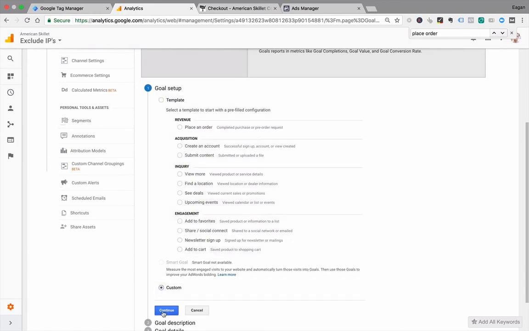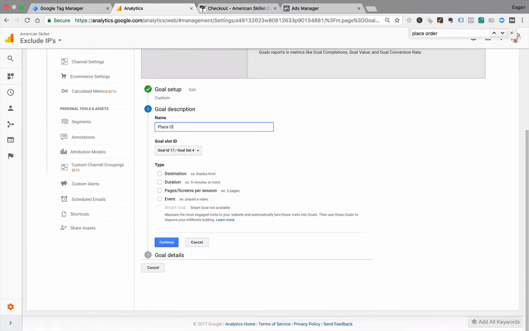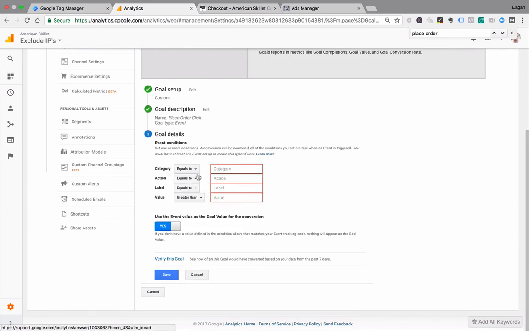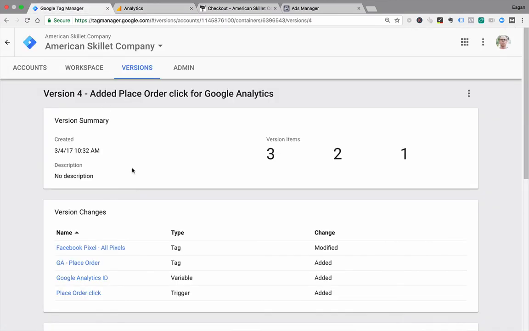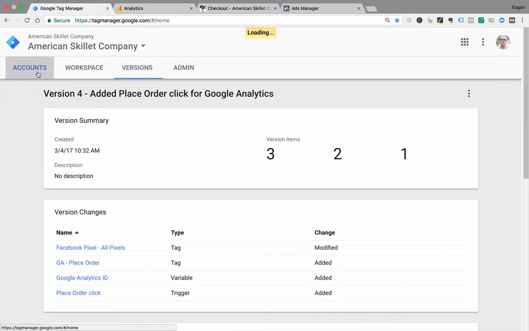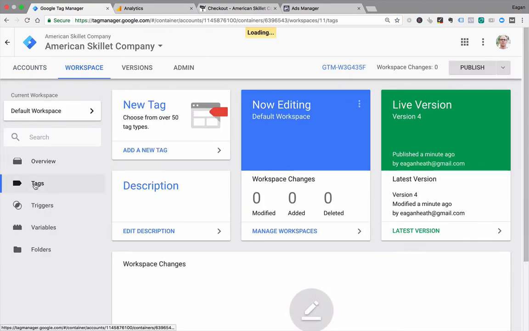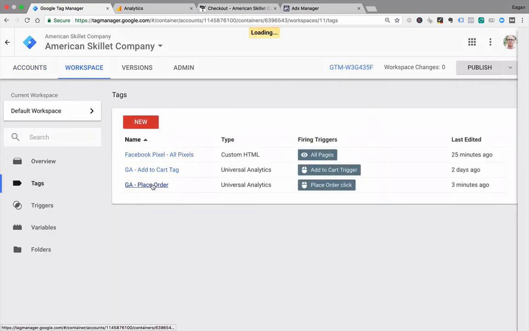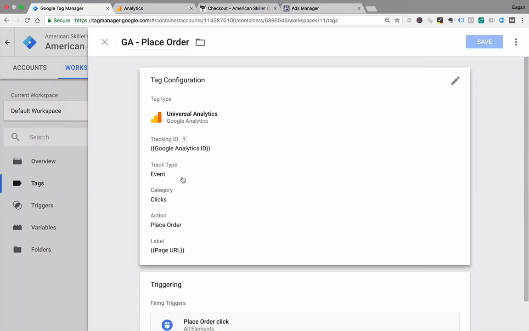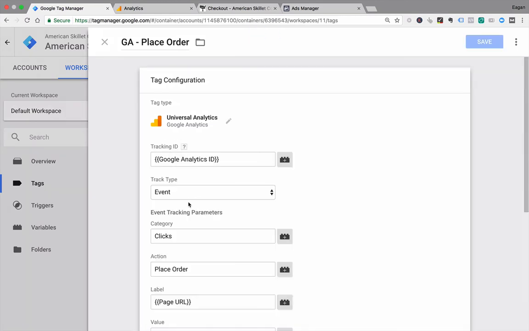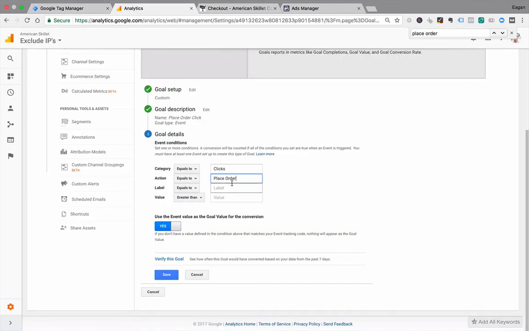Let's call it custom, place order click, event equals clicks, and I'm pulling this from in here. Basically, we need to send out of Tag Manager, and we need to receive into Google Analytics, place order. This is the part that makes me paranoid because it's finicky and I have issues with this, so let's just try this. If that equals place order,